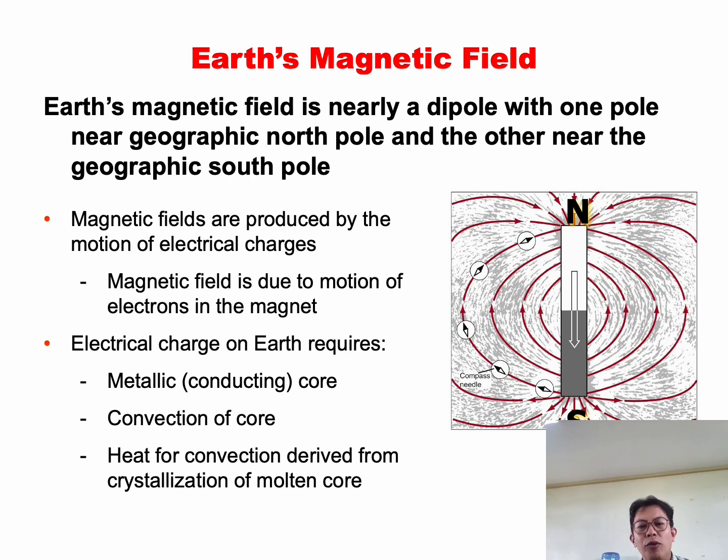Alright, please also remember, just as a trivia, that it is the Earth which is the largest magnet. If you can recall a magnet from your elementary class or from your previous classes, during grade 7 up to grade 9, you can say that a magnet has two poles. It has north and south pole. So the same with the Earth, it has north and south poles. So meaning it is the Earth which is the biggest magnet, and we will try to explain later why this magnetic field, the Earth's magnetic field, can be one of the best evidence that can